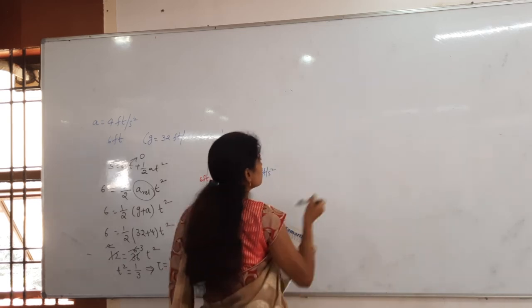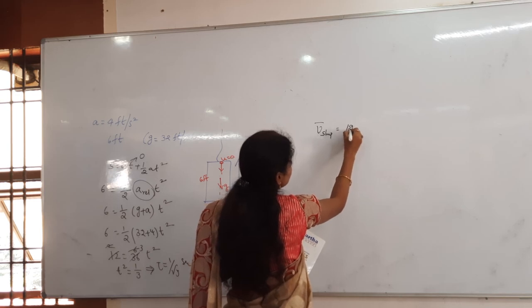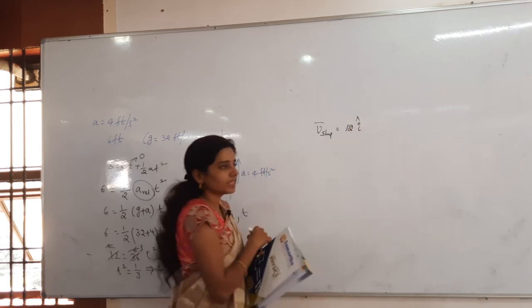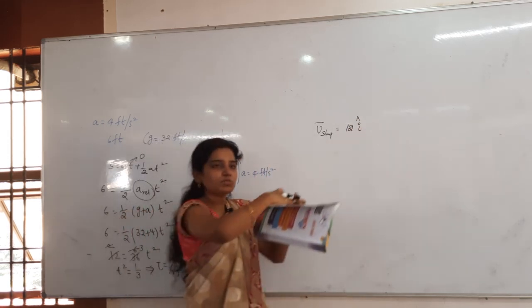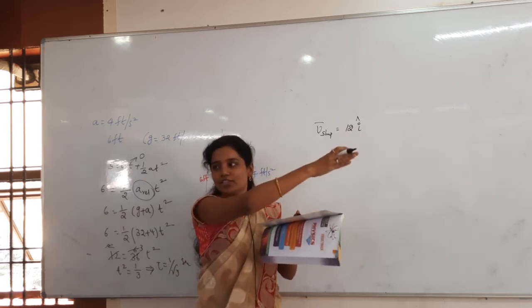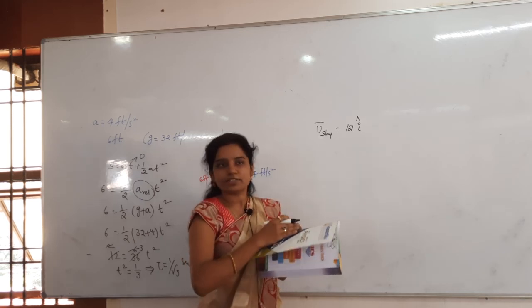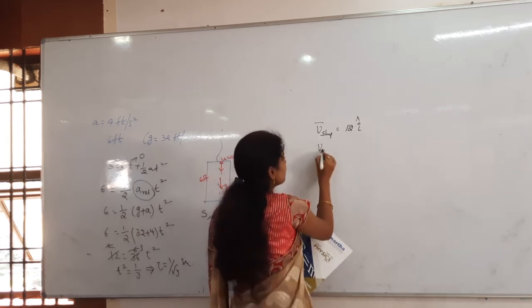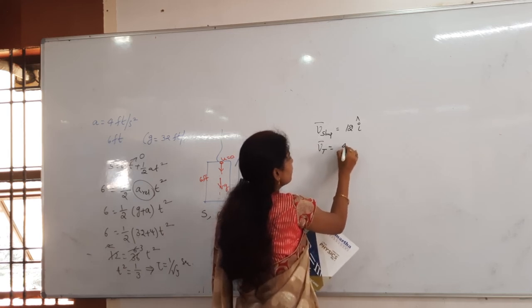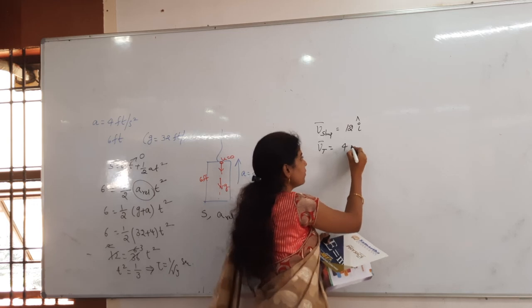So what happens here? The velocity of the ship, with what speed? They said 12 meters per second along the east direction. The truck is moving across on that. Across, most of the people have taken like this only, along the east again. Then you will not get the correct answer. So the velocity of the truck is equal to how much? 4, along which axis? They said Z axis. So that is 4 k cap.